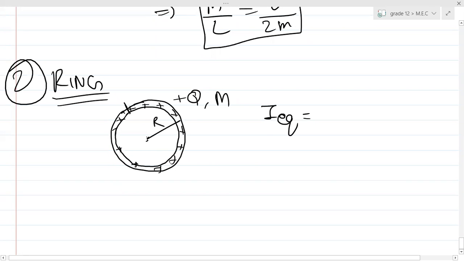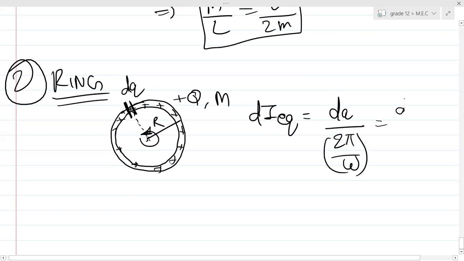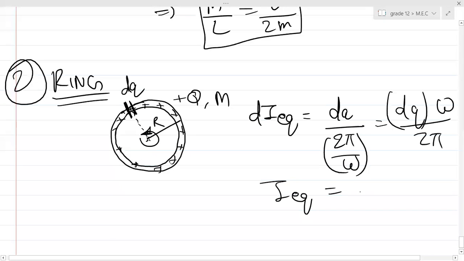If I choose a small charge dq, can you see, when I choose a small charge over here for dq, is this dq revolving in the same time period as the ring? Yes or no? So the dI equivalent will be dq into omega upon 2 pi, where the time period is 2 pi by omega. When I find out the I equivalent, will it come again the same? Omega, 2 pi, everything is constant, so dq will become